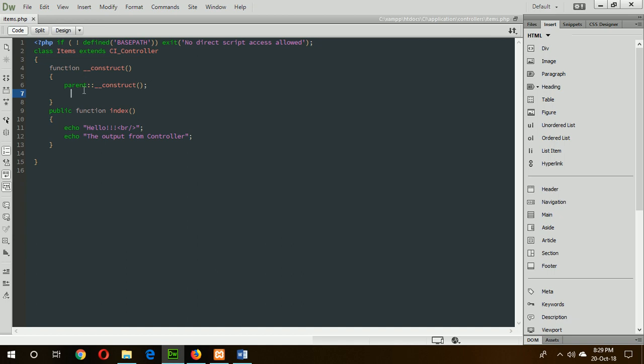And always controllers start running the script from the index method. So after the constructor, it will call the index method automatically. Here the index method will print two lines, hello, and the output from controller. And this controller didn't use any views or model. It is just a single controller. So I will run this from the browser,